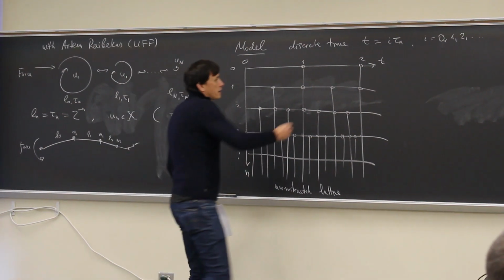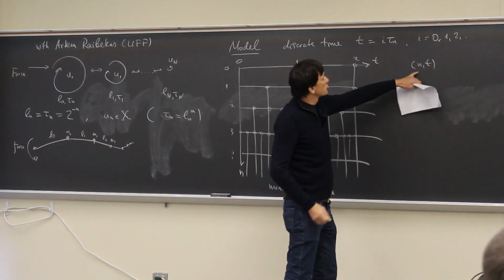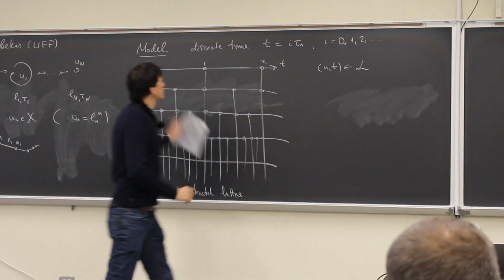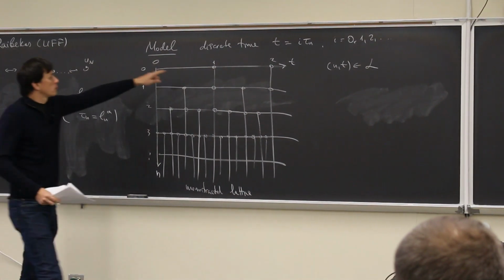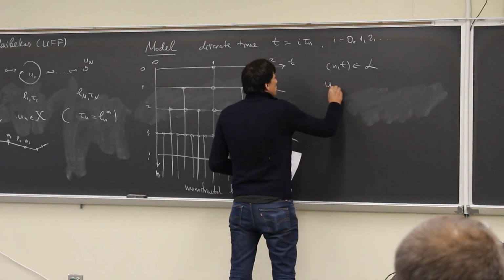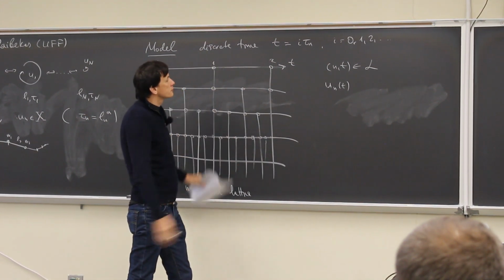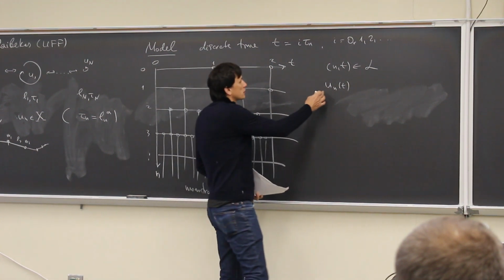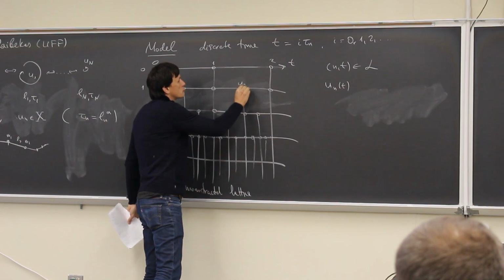So what we say is that we have n and t is a space-time. n gives you scale, t is time, and they are points on a lattice. So L is a collection, a set which labels all the points, and then what we will consider as a solution is the state of the system. The field is a collection of the values of the variable. So at each point we have a variable.